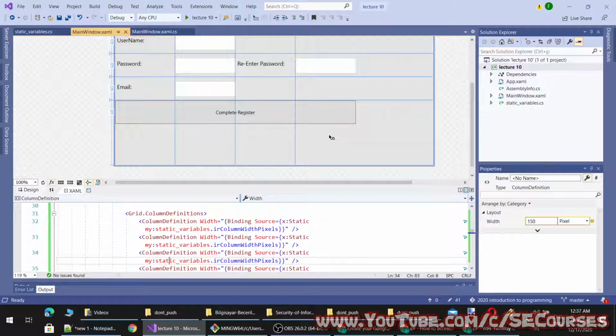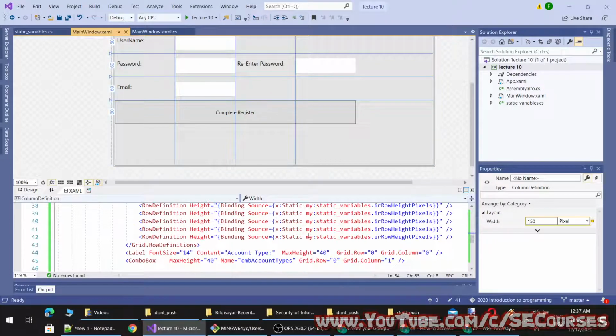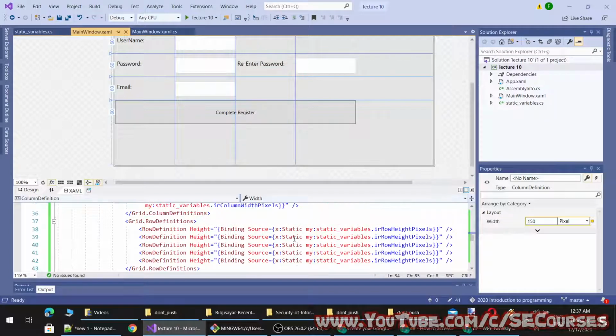However, if you bind it to a variable, you just change that variable, and then you would have updated all the numbers in your application. Like currently I can just update one number and it would be updated everywhere.